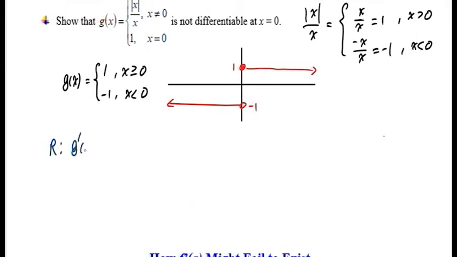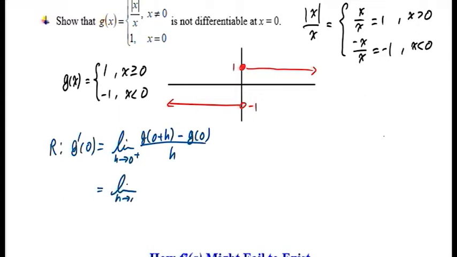So g prime of 0 is, oh, by the way, derivative exists everywhere else. It's just that at 0 we might have a problem, right? Discontinuity will cause a problem, as you've seen from homework. 0 plus h minus g of 0 over h as h approaches 0 from the right-hand side, right? Okay, so h approaching 0, 0 plus h, so this term is slightly positive. So we are supposed to use this piece, a